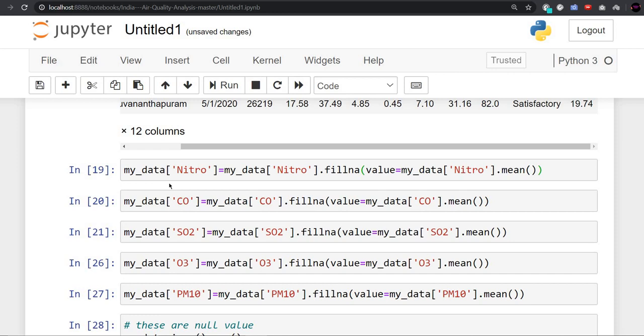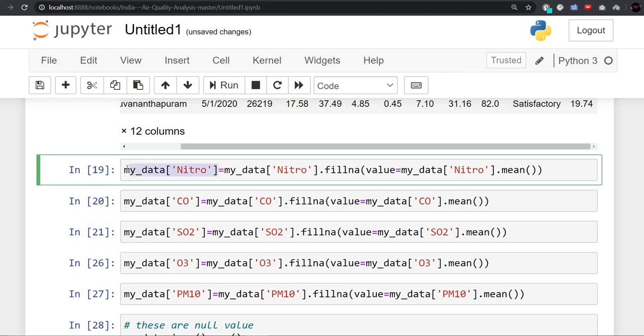For that reason, we are using my nitro column, and under the nitro column we are filling the values. This command is used for filling the values, and we are getting the mean of all these values. Suppose nitrogen is there, so we will take the mean of that nitrogen, the average of all the values present under the nitrogen column, and we will fill the null values with it.